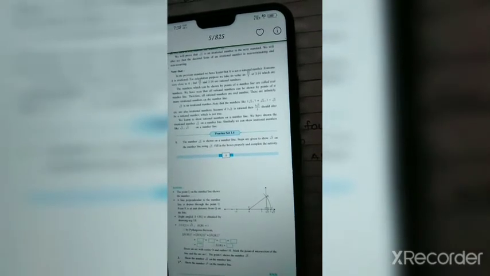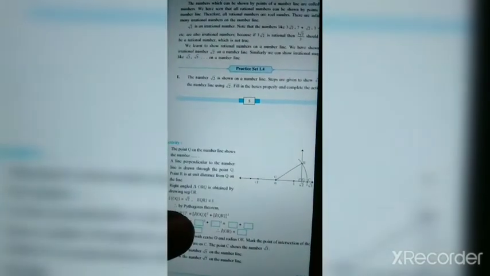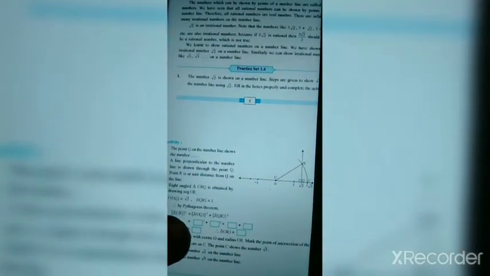The right angle triangle ORQ is denoted by point R at a unit distance from Q on the line. Right angle triangle ORQ is obtained by drawing segment OR. Length of OQ given to us is root 2. Length of QR given to us is 1. As we have seen in the previous standard, what is the Pythagoras theorem for a right angle triangle? So in right angle triangle ORQ, using Pythagoras theorem, length of OR square is equal to OQ square plus length of QR square.